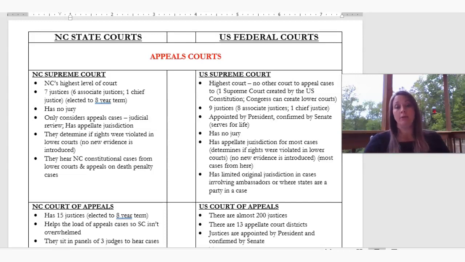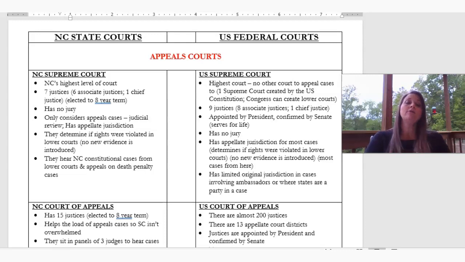The 2 highest appeals courts: the one in North Carolina is the North Carolina Supreme Court, and of course the highest court in our nation is the U.S. Supreme Court. Which one has more authority? It's going to be the U.S. Supreme Court, right? So what happens is that there are 7 justices that are elected to 8-year terms by citizens in North Carolina,